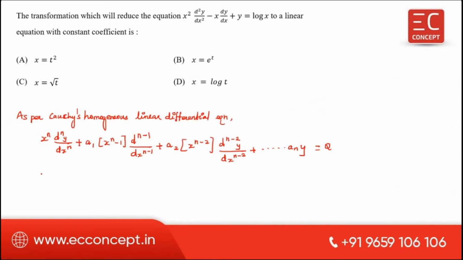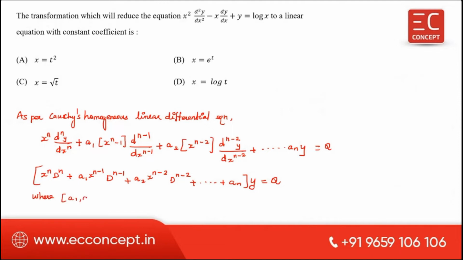Further you can write this as x power n into d power n plus a1 into x power n minus 1 into d power n minus 1 plus a2 into x power n minus 2 into d power n minus 2 plus etc. plus an, into y is equal to q. Okay, here